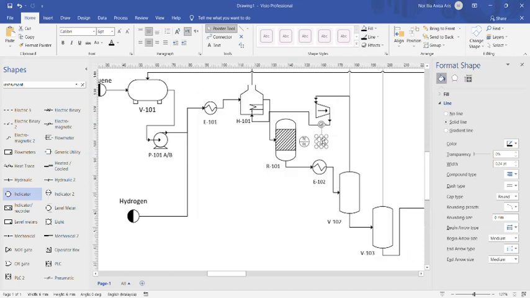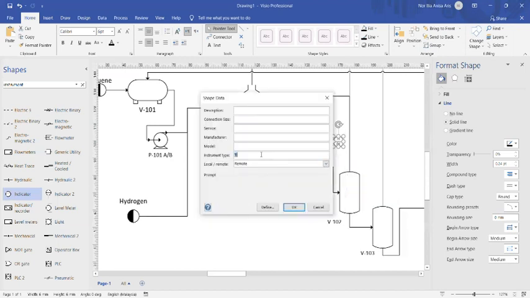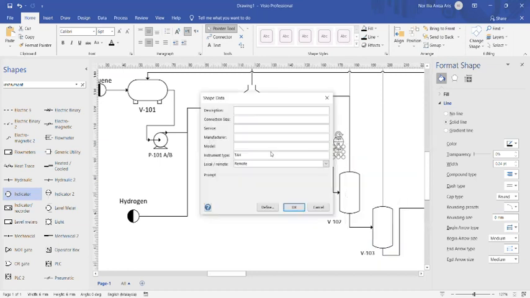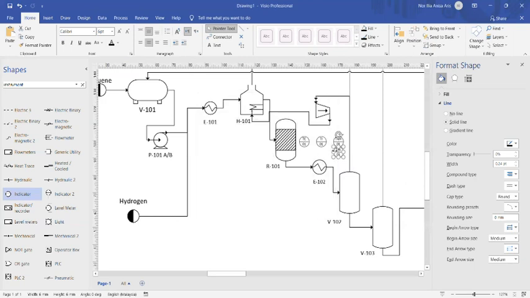The indicator, and then we have temperature alarm low and high, EAH, and also EAL, and then after that we have TIC